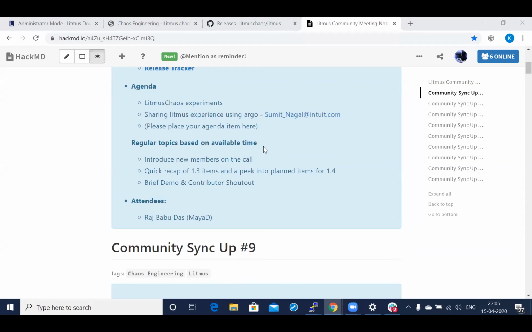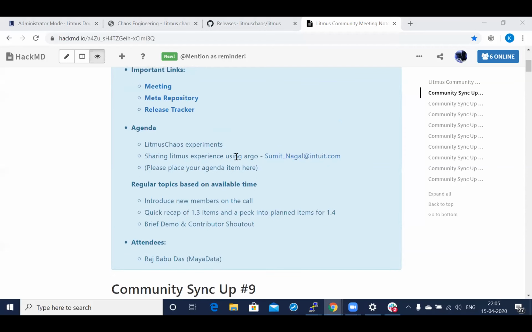Fine. So these are the agenda items we have for today. There is a session that will be provided by Sumit. It's basically about how he has been using Argo project with Litmus for running his chaos workflows. And then we have a quick recap of the 1.3 items and a short demo of some of the features that we've rolled out.